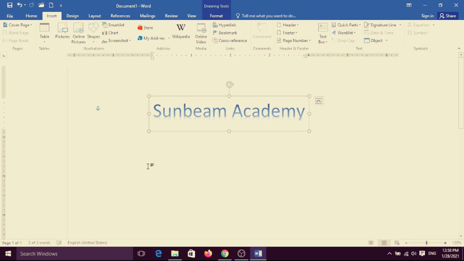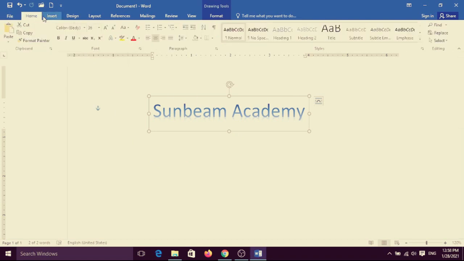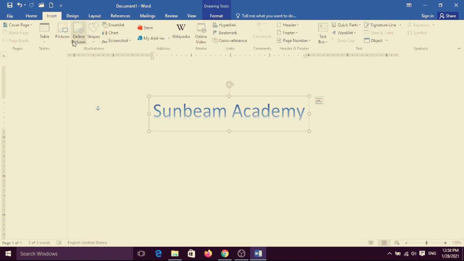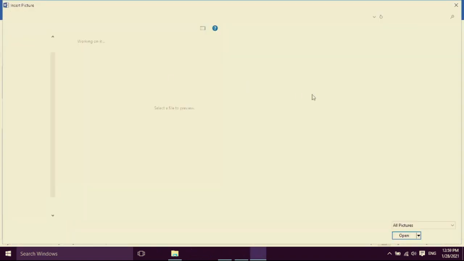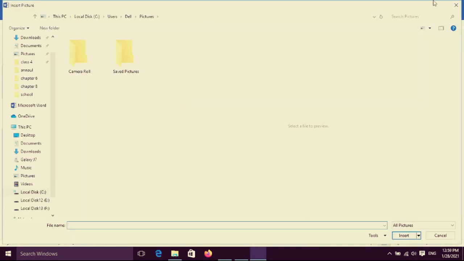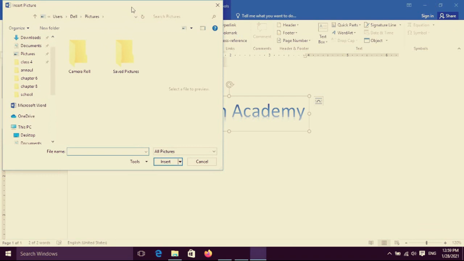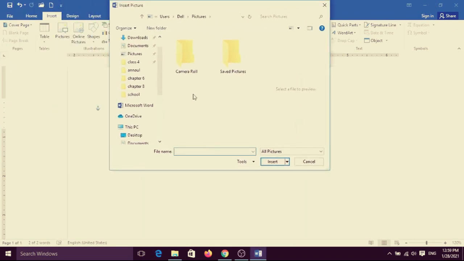Now I want to insert the pictures which I want. Click on pictures, or you can click on the insert tab and choose the illustrations group, and choose the picture option, and see, one dialog box will appear. In this dialog box, you can choose from where you have stored your pictures.